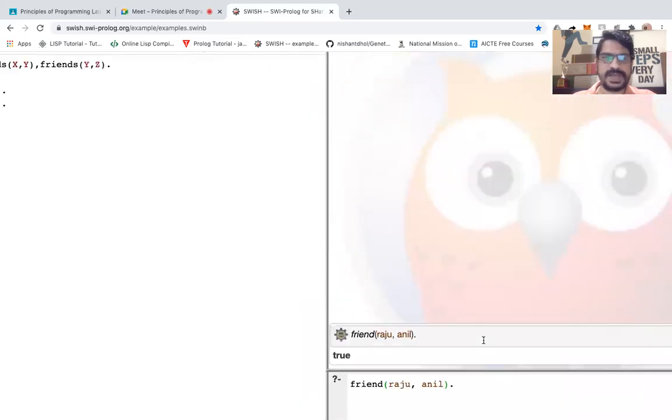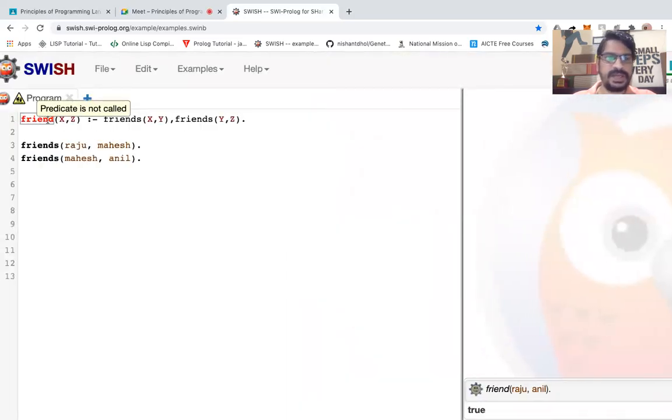What was happening is that I had given the same name to the function, so it was making a recursion and going into an infinite loop. Here what I have written is friend only.